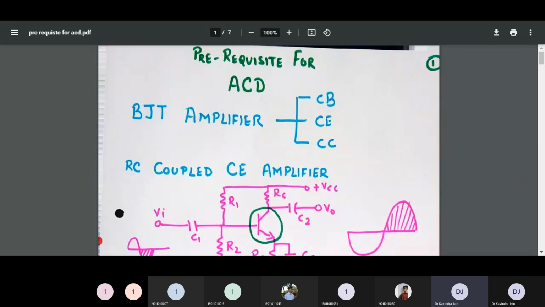Before we start the subject, we had done certain prerequisites for analog circuit design. Why we had done this thing? Because we wanted to know that in our past, for this particular subject, we have already completed certain transistor configurations with some specific small signal, large signal amplifier circuits. There were certain problems that we had faced, because of which we moved on to some higher integrated circuits.